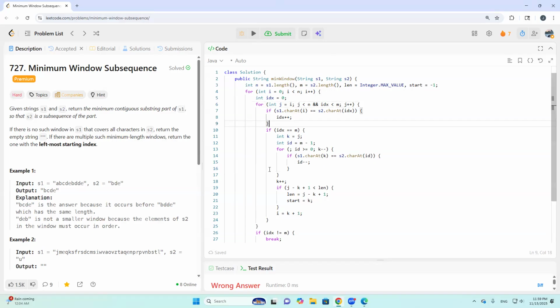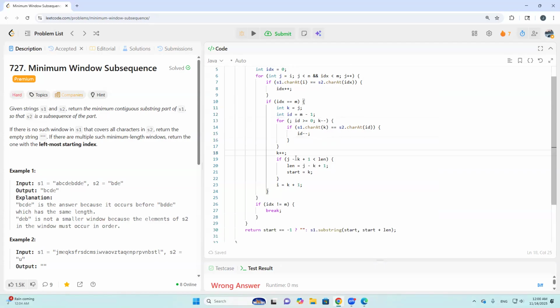So if we have a match, we can have k equals j, and also we have id equals m minus 1 in S2, and this will be k minus minus. You're right, this is k minus minus, and S1 child k equals S2,